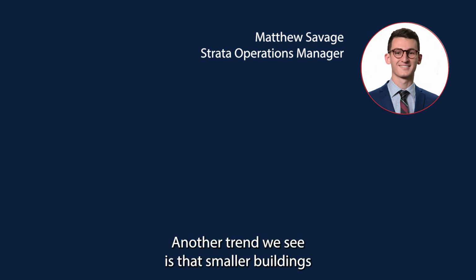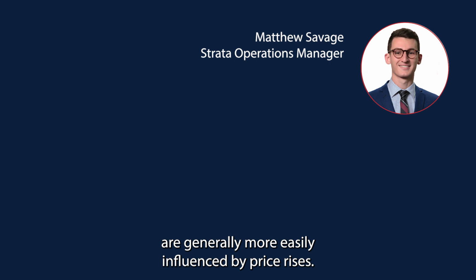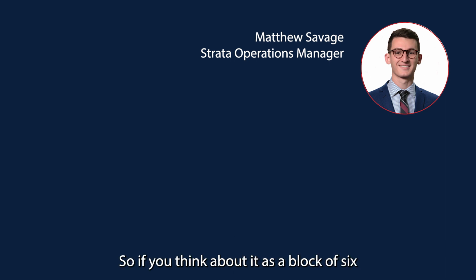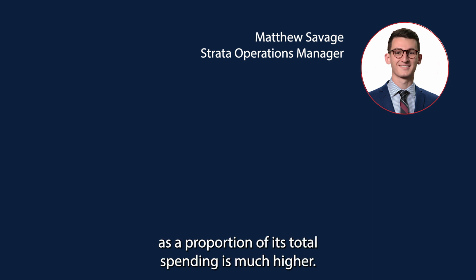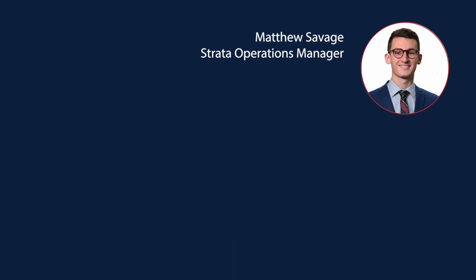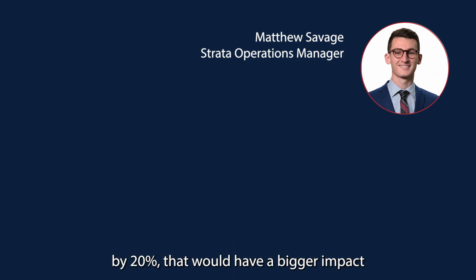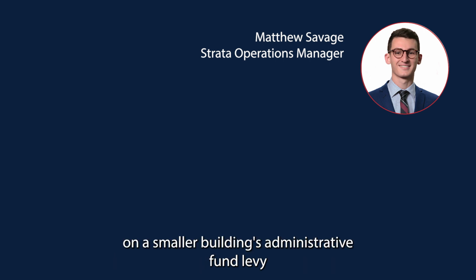Another trend we see is that smaller buildings are generally more easily influenced by price rises. So if you think about a block of 6 units, it has a much smaller budget, and therefore the gardening bill or the electricity bill as a proportion of its total spending is much higher. So if the electricity price rises by 20%, that would have a bigger impact on a smaller building's administrative fund